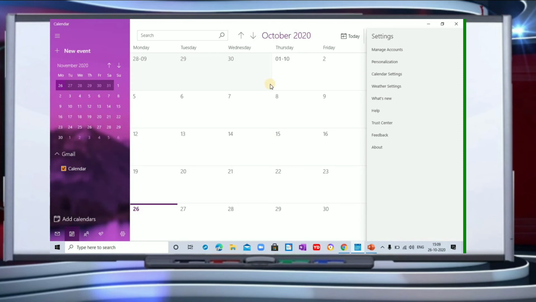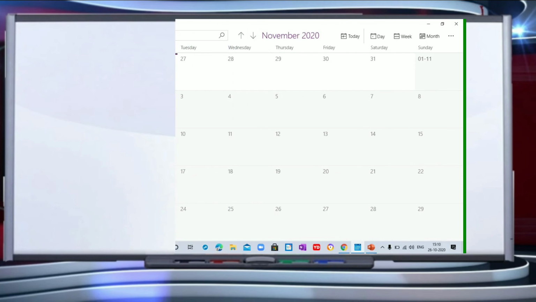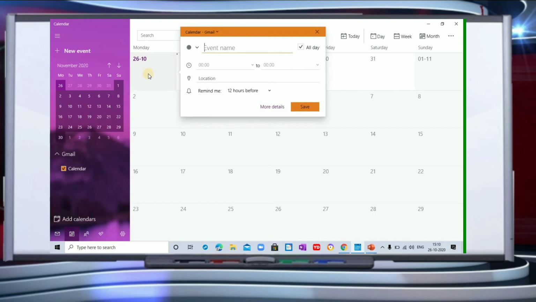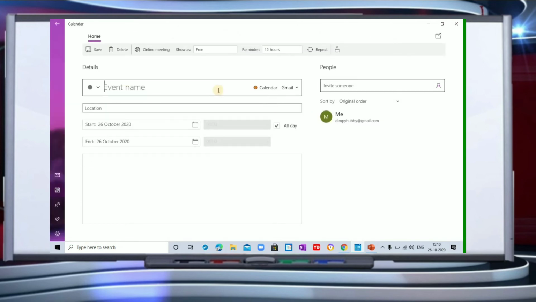Then similarly, once again a wonderful option, that is sharing a calendar. You can share a calendar with anyone by using the email IDs of those people. You need to have the email IDs of the receivers. Maybe I have an appointment, I create an event maybe on 26th of November. Once you create it, you have the option here, more details also.